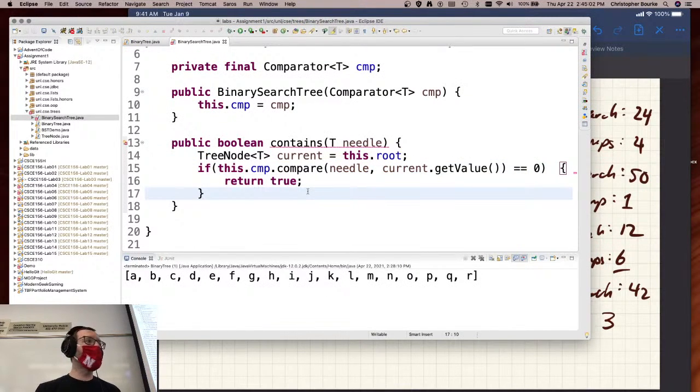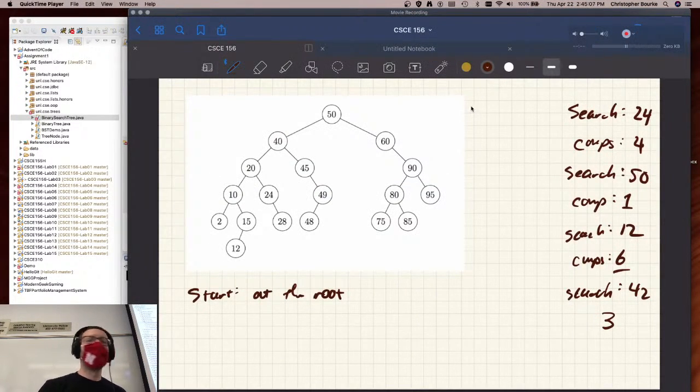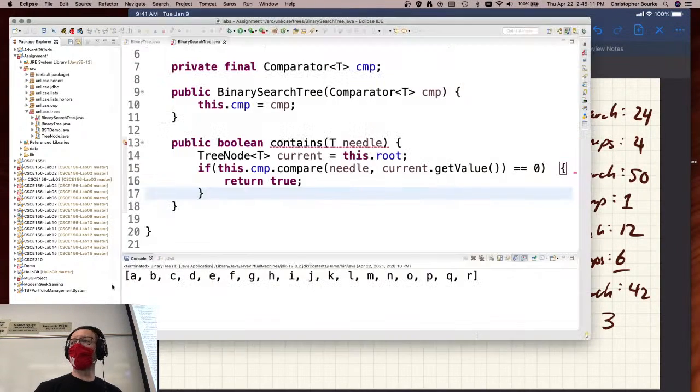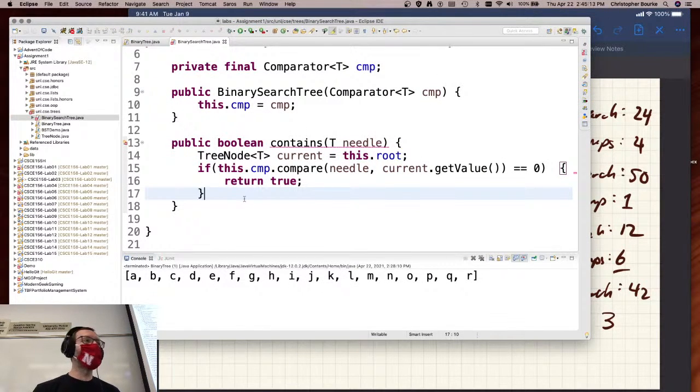But that's not all I want, right? What if I'm searching for something else? What if I'm searching for 12? Should I stop at the root? Nope. I need to make another decision. If it's not the thing that I'm searching for, then I need to know, do I go left or do I go right? Right? So else if,